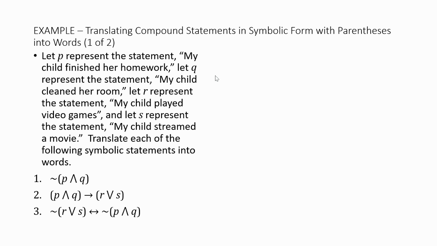For this first one, I work from the inside out. I look at what's happening in the parentheses first, and then I'll worry about the negation in a second, because I do see that negation out in front. The first thing in parentheses is P and Q. If P is true, my child finished her homework, and if Q is true, my child cleaned her room. So we would say, my child finished her homework